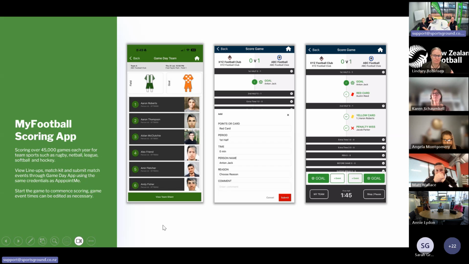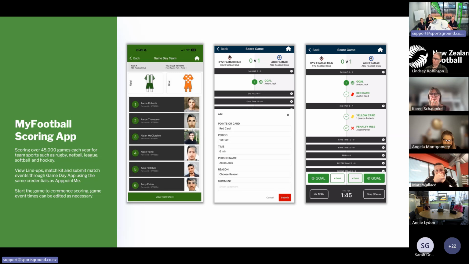This is also showing in the app how the scoring of game events, yellow cards, red cards works. Yeah, so just as a reminder, another difference between what was being done within Comet and what's done in Sporty is that Sporty provides a live scoring app across all football.